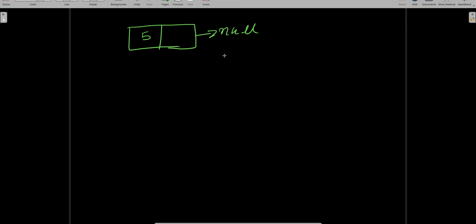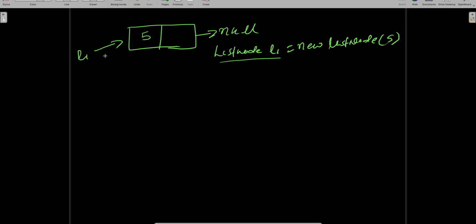So we write ListNode L1 = new ListNode(5). L1 is nothing but this. If you ask me, this is the first node.